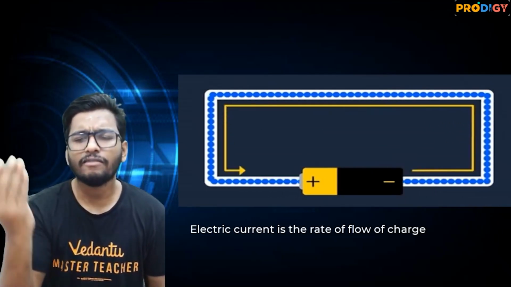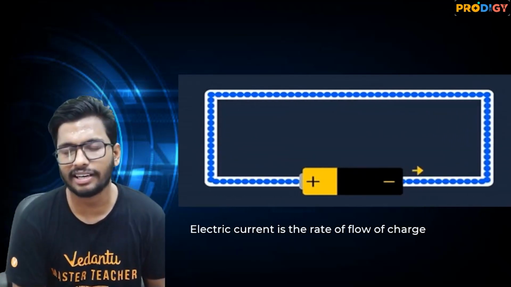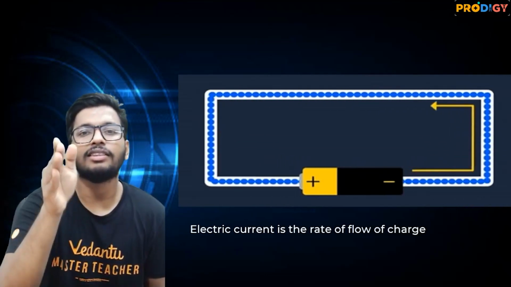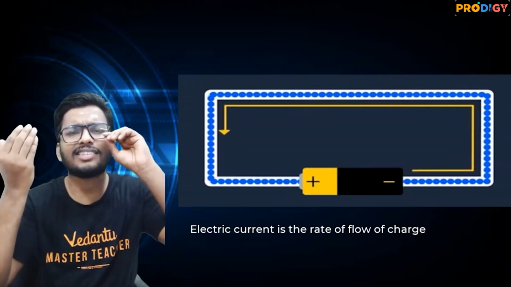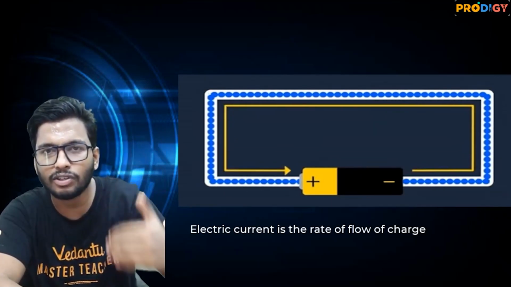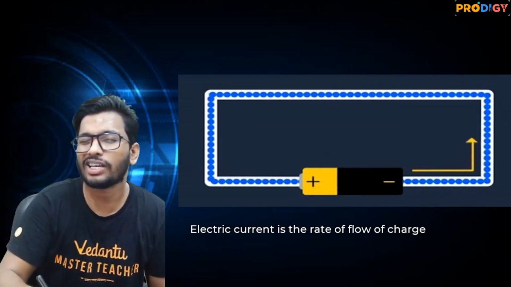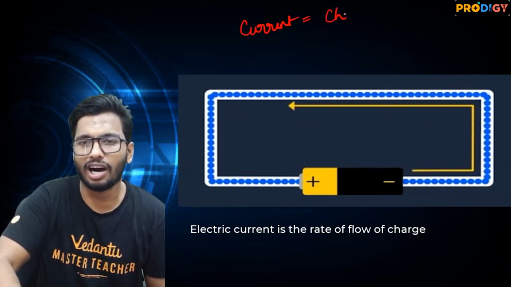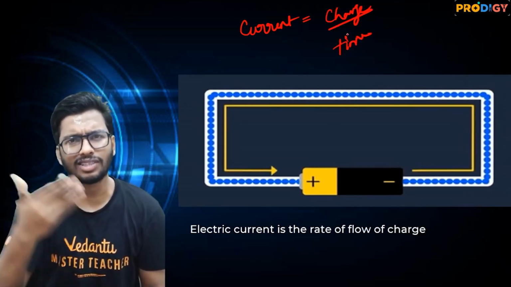So here's the thing, guys. When electrons are flowing from one end to the other, that is what is producing the current. So when you talk about those charges with respect to time, that is what is called current, the rate of flow of charges, because the electrons are the ones responsible for producing this current. So mathematically, people, current is expressed as current is equal to charge divided by time taken, because it is nothing but rate of flow of charge with respect to time.